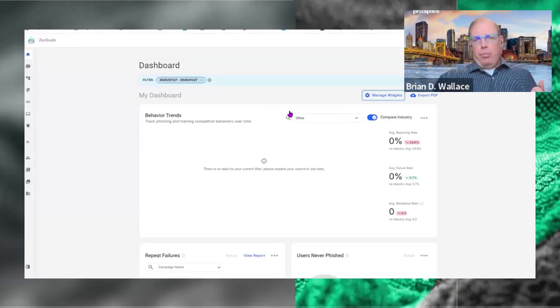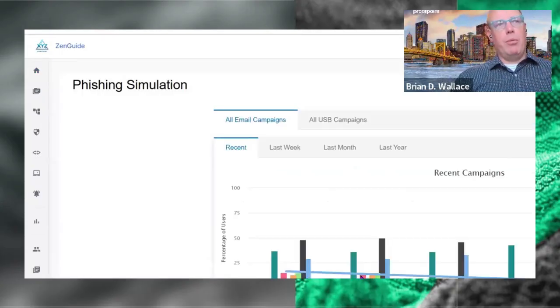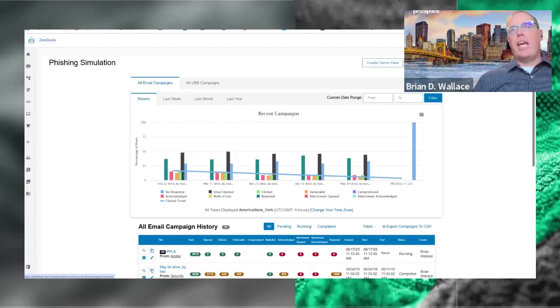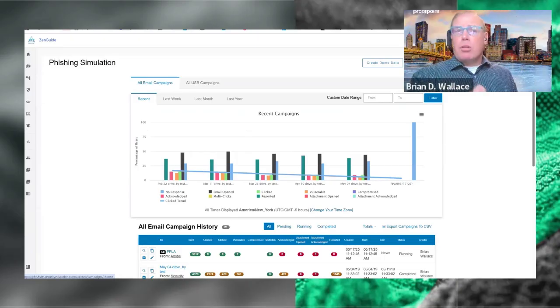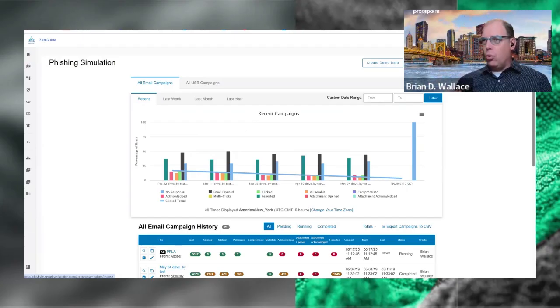For many of you, I would assume that we are used to going over here, clicking on phishing simulations, and clicking on campaign overview, which takes you to this page. And from here, you would go ahead and create a campaign. All right. For those of you who have been with us for a long time, and thank you for that, back in the old Wombat days, this was known as ThreatSim. There's absolutely nothing wrong with creating your campaigns through this tool.